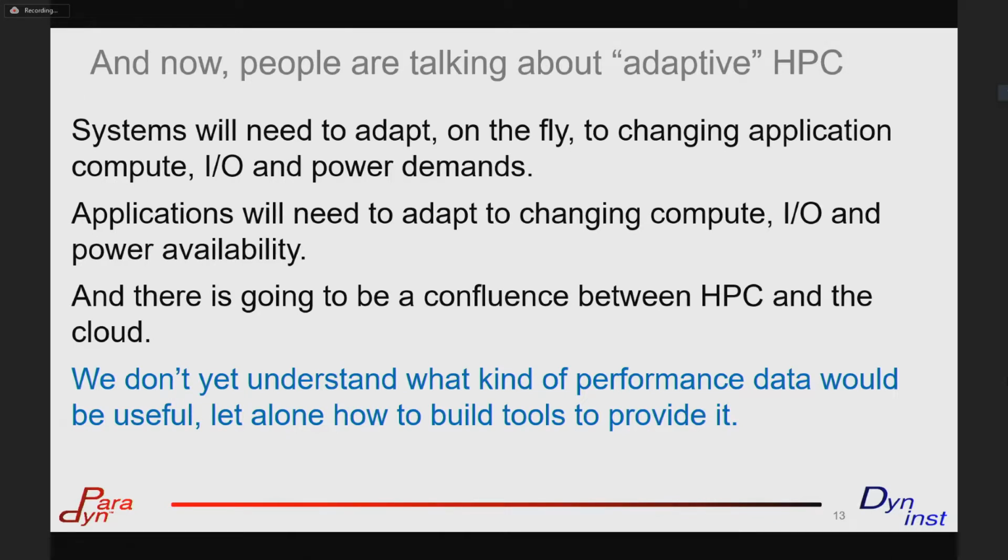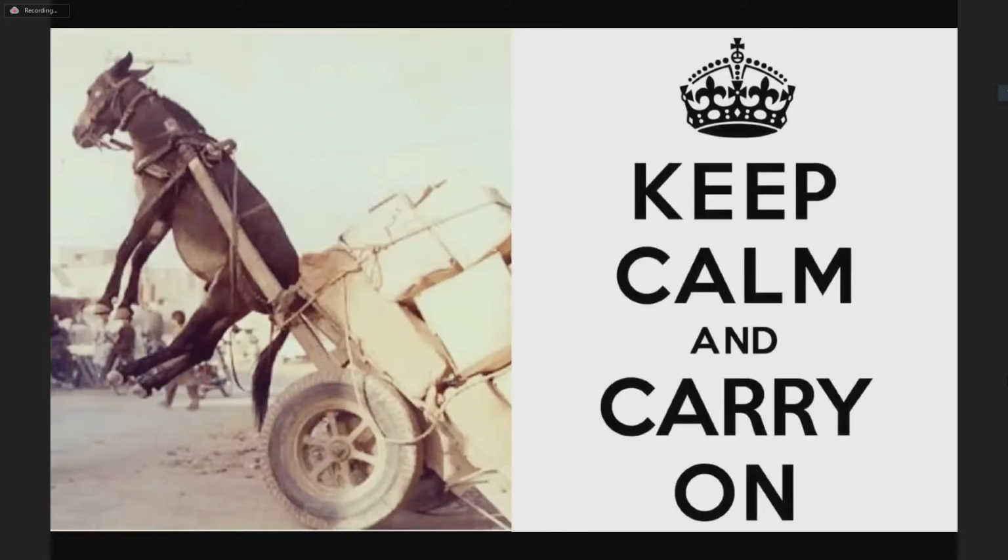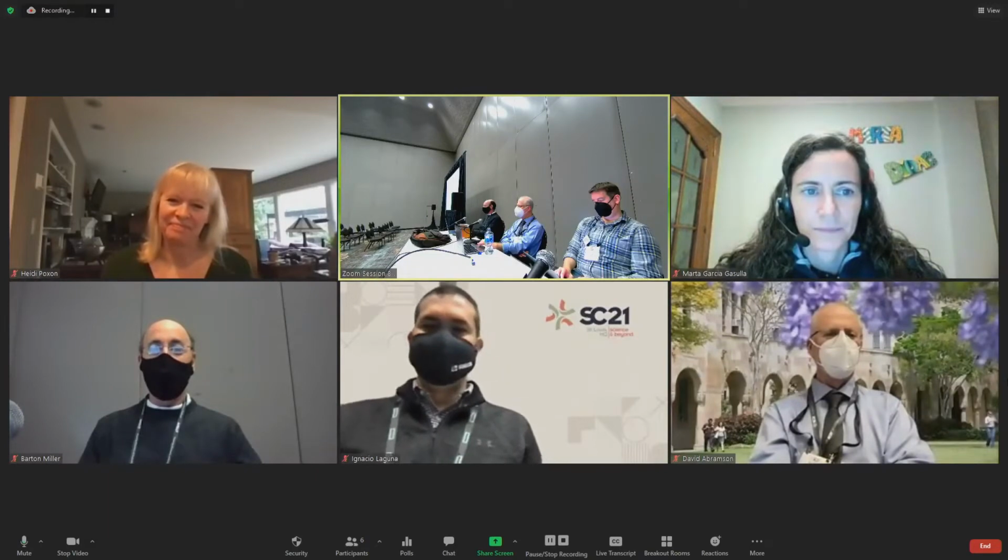So if we couldn't do it at all statically, now we won't be able to do it dynamically either. No, I didn't say that right. If we could do it statically, we will be able to do it dynamically, hopefully. So we just keep raising the bar on the things we're doing. I told you this was going to be a whining fest, and that's kind of where I think that's the average tool builder right there in that picture. And with that, I will free up the screen and let somebody say something less whining like.